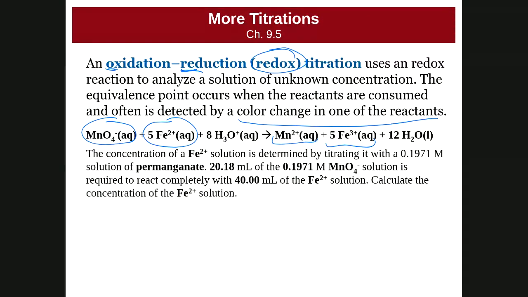Anyway, so they gave us the balanced equation, and we want to find the concentration of our iron 2 plus solution. So we titrate it with 0.1971 molar solution of permanganate, and this is what we find. So we have 20.18 milliliters of permanganate, which is this MnO4 minus ion, and we're going to multiply it by our concentration,